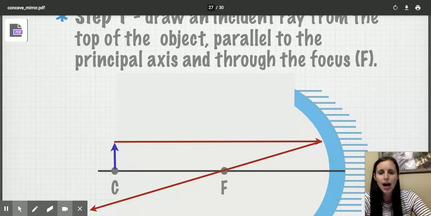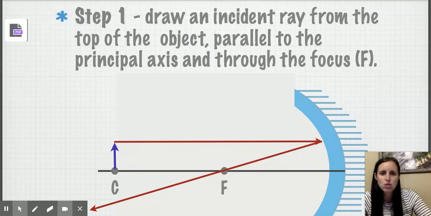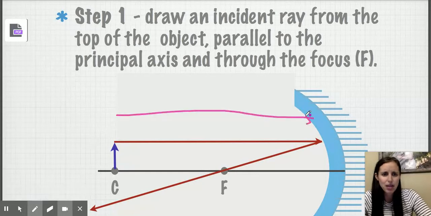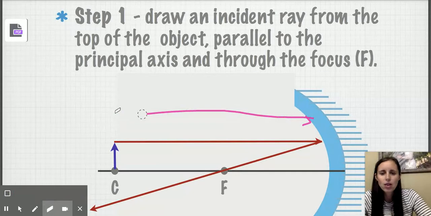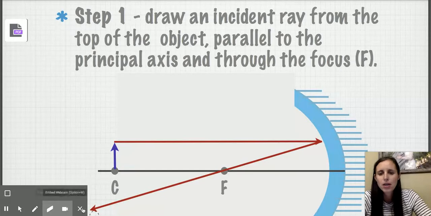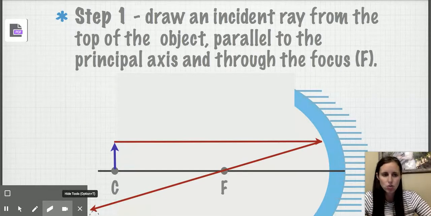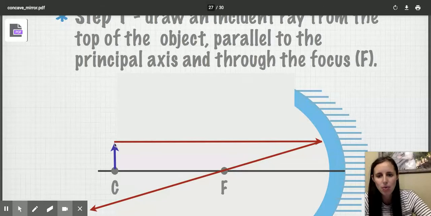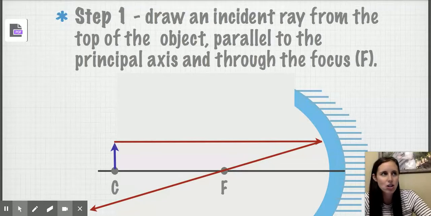So step 1, I'm going to start with my first rule, and I'm going to have a light ray go in parallel. Now, this is usually the first mistake that students make. They'll draw a light ray going in parallel, but they'll draw a light ray like up here. That doesn't make any sense. You need to make sure that the light ray you're drawing is coming from the top of your image. So if you've got a ruler at home, that's what you're going to use right now. If you're using the computer program, Google Draw, you can use that as well. You're going to have your straight line start touching the top of your object. So notice the straight line starts touching the top of my object, and then I draw in a totally parallel